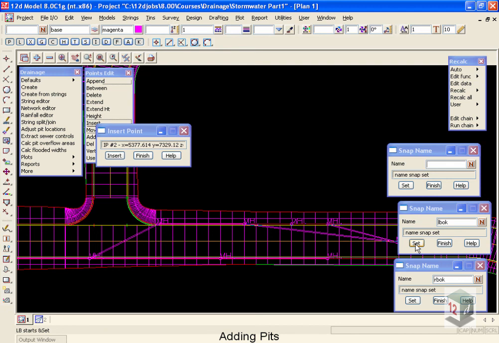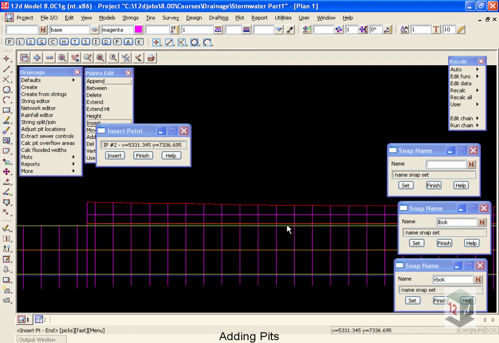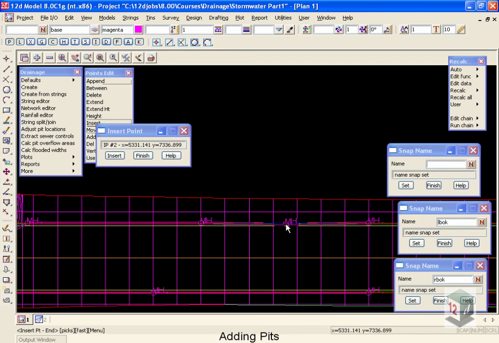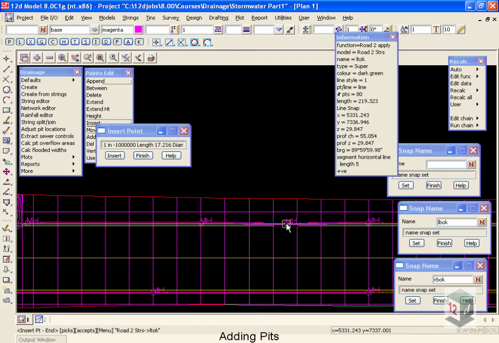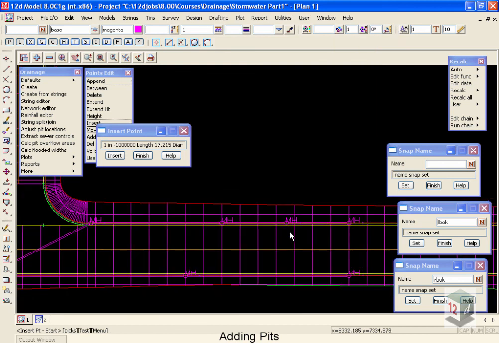If I want that to go on my back of curb, this time I'm not going to use my name set, but rather zoom in a little bit closer and click on the road strings until I get my back of curb. Now that's my top of curb, click again, that's my invert, click again, that's the back of curb, that's the one I want, so middle mouse to accept. So you can see the advantage of using these name snaps is that when you have many strings, like the road strings, close together in your curb and gutter profile, it makes the snapping much faster if you use your